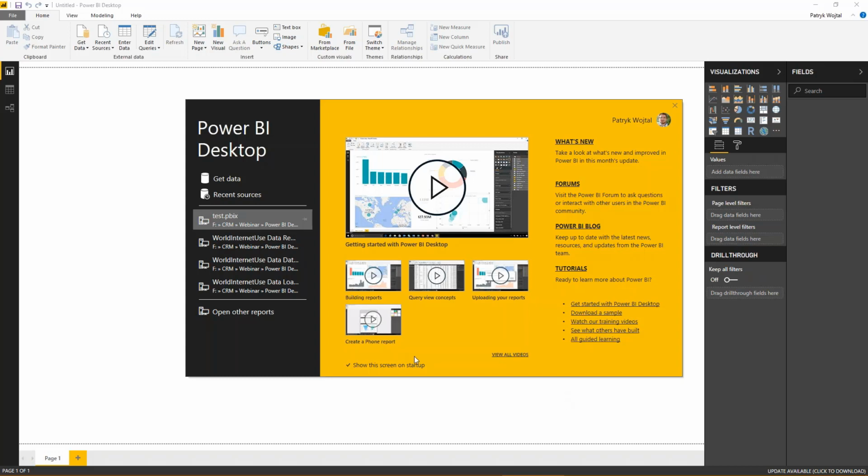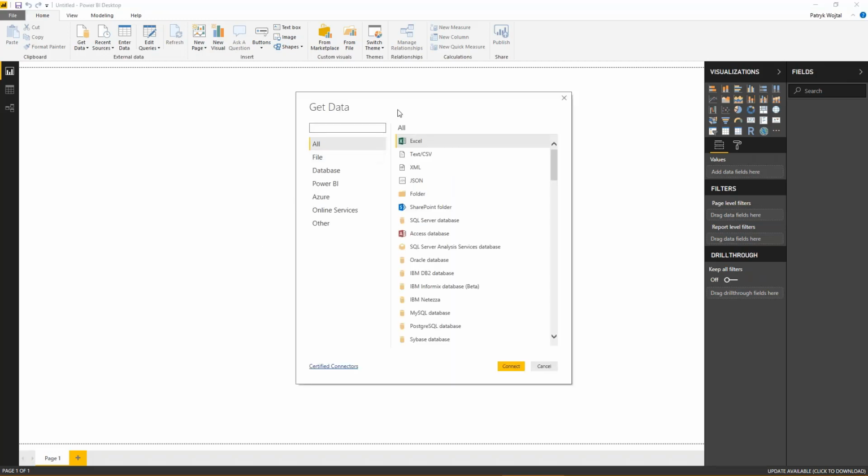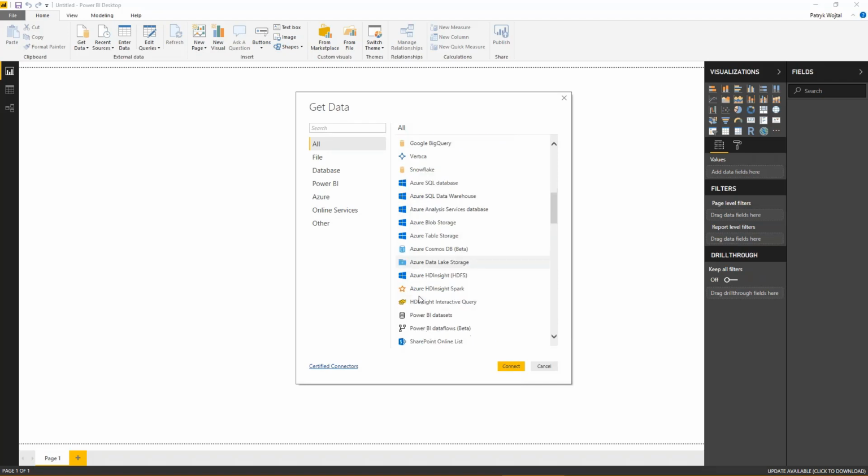So you can get your data by clicking on this Get Data splash that comes up initially. Or later on, if you close this by accident, there's also another Get Data button up here. So you'd always begin by getting new data. Now, when you click this, it first shows you all the different possibilities, all the different databases that you can connect to. So you can connect to Excel, you can connect to SharePoint folders, you can connect to Azure Blob